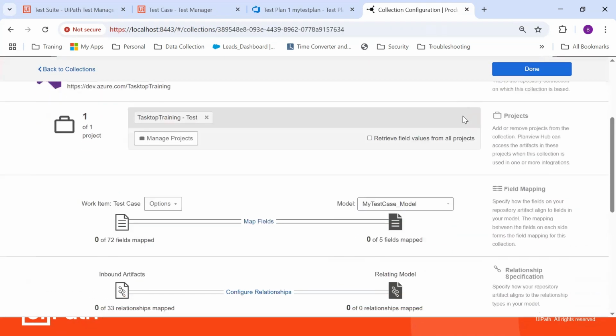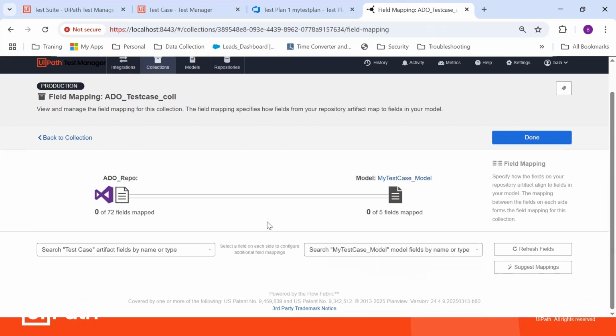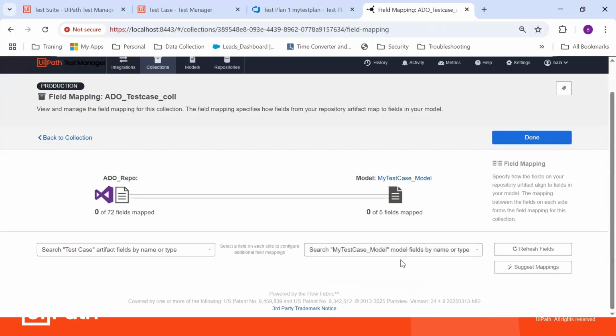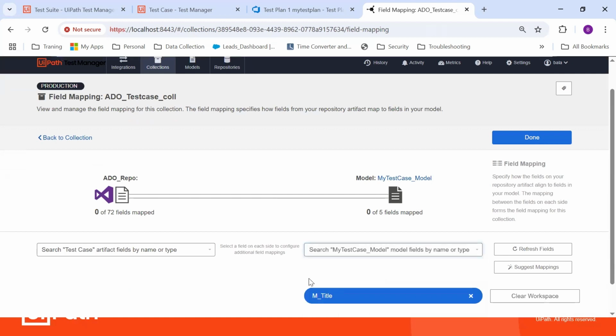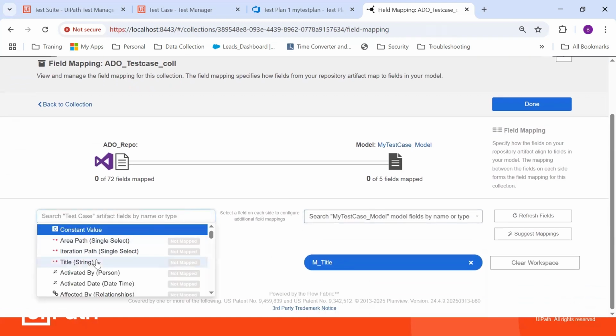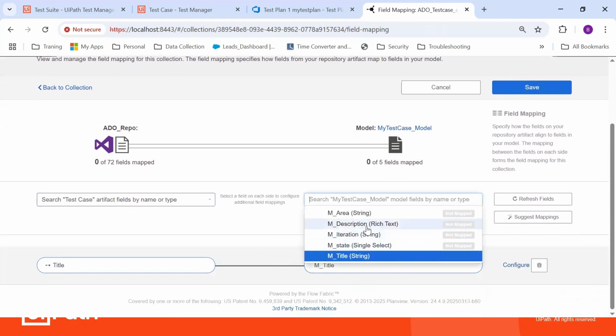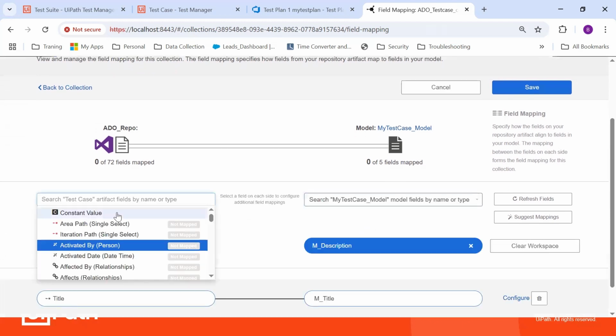Again, what do we have to perform? Map fields. When we click on map fields, again, what mapping do we have to do? We have already discussed it. M title has to go to title. M description has to go to summary. So let's see. M title I choose. Over here, it has to go to title. Let's connect. Okay. M description, it has to go to